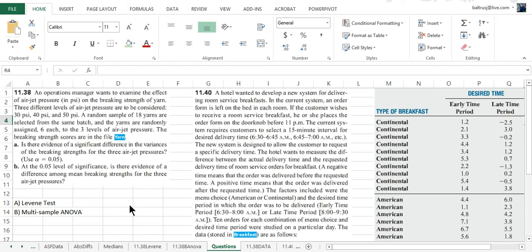Hello class, in this tutorial I am going to show you what you need to do for problem 11.38. Essentially there's going to be two tests we need to do. For A, we need to run the Levene test, and for B it's going to be a multi-sample ANOVA, or analysis of variance. You're going to need to open up the yarn data file,